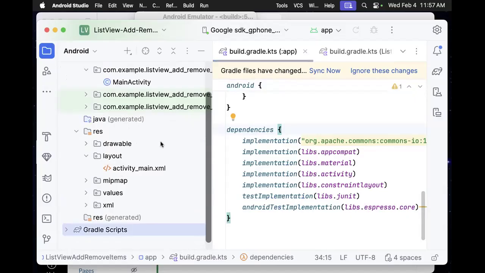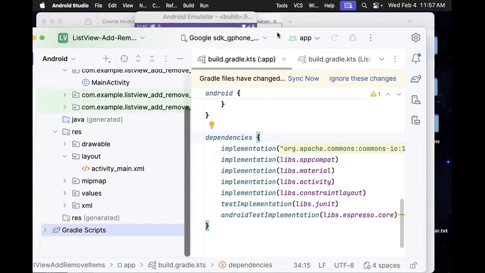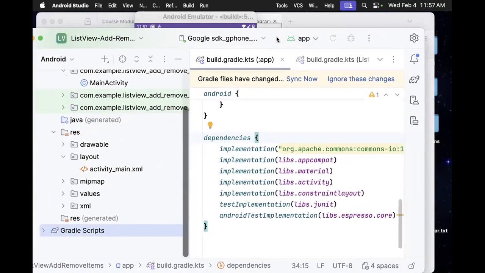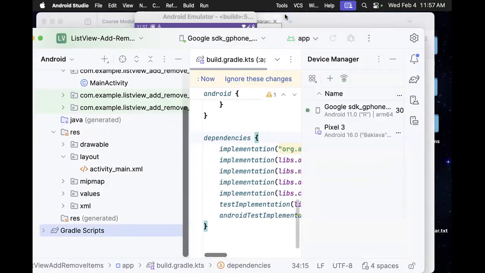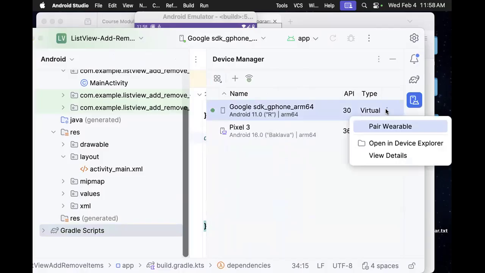All right. So the emulator has got a bunch of files on it. We can get at these files and we can see the content of this emulator. I know there's a text file on there called to do. I adapted it from a to-do list, by the way. That's why it's called to do. But if I go into the tools and then click open the device manager to see it, or click it if you have it open in your window, if I click on these 3 little dots on the right-hand side, and I go into the Open in Device Explorer,